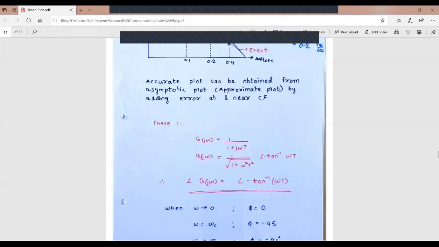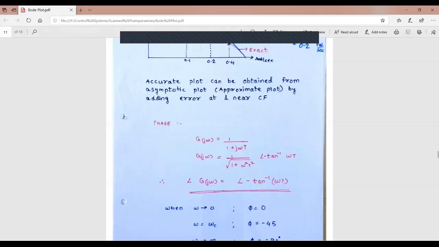Frequency it contributes minus tan inverse of omega t. Why minus? Because the factor is in the denominator. Now suppose I tell you first order factor in numerator. Same thing, similar equations but with plus sign. Explanation is also same. Angle will be plus tan inverse of omega t, and magnitude contribution will be